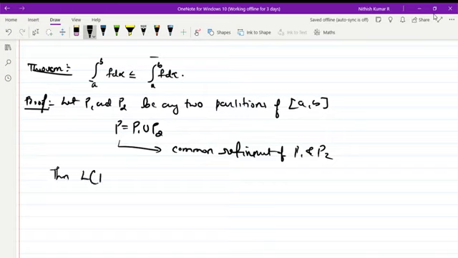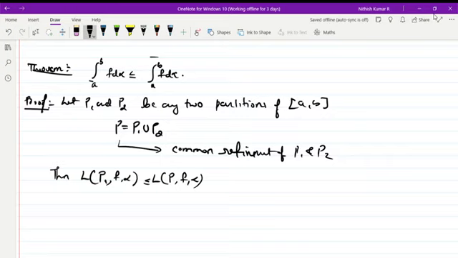L(P1, f, alpha) is always less than or equal to L(P, f, alpha). Why? Because P is the refinement of P1. Therefore, the number of points in P is more than the number of points in P1. Therefore, if I increase the number of points in the partition, then the lower sum increases. So